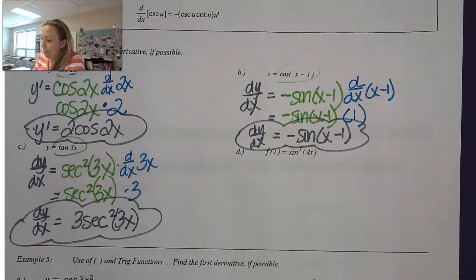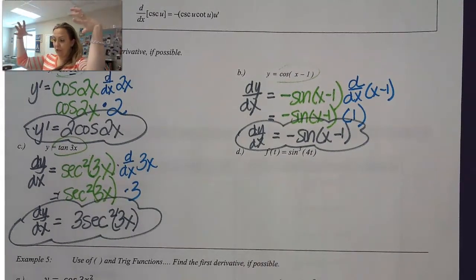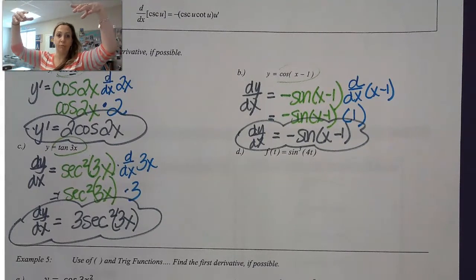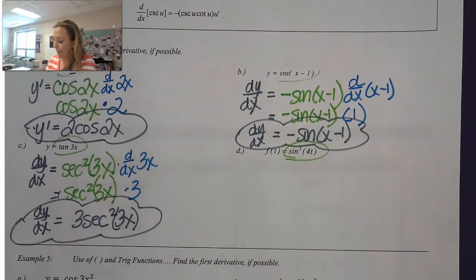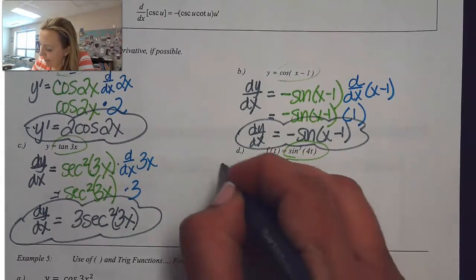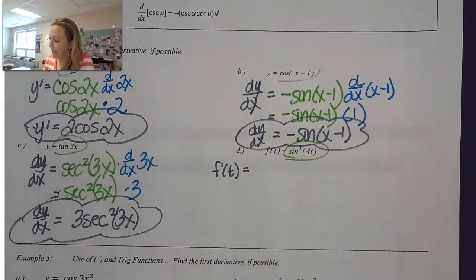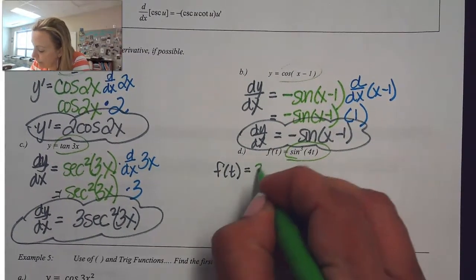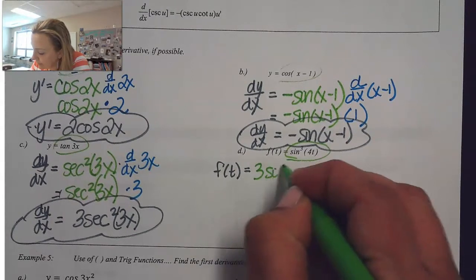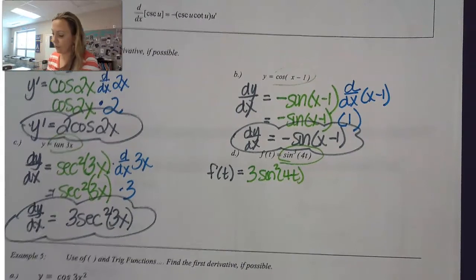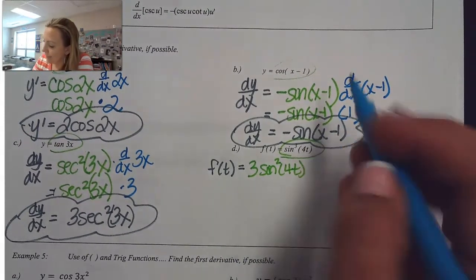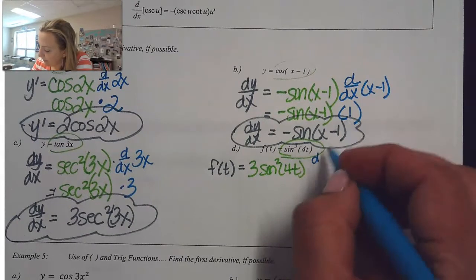The basic function, like the big function, is something cubed, right? So we have something that's being cubed here. So that's going to be my outside function, this whole piece here. So if I want f prime of t, I'm going to need to take the derivative of this, so that's going to be 3 times the sine of 4t squared, right? So sine squared 4t. But now I want the derivative